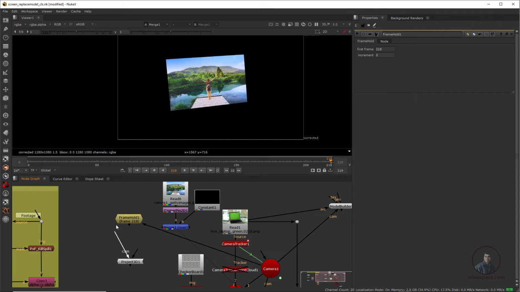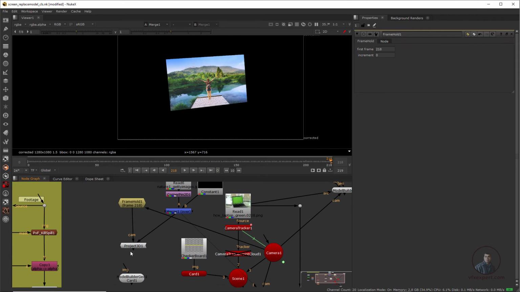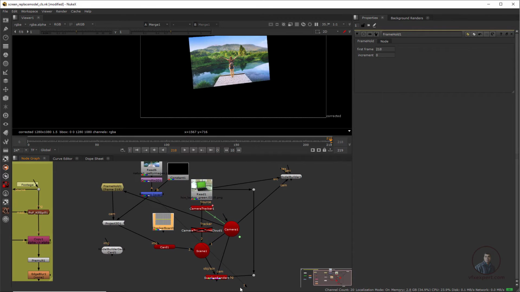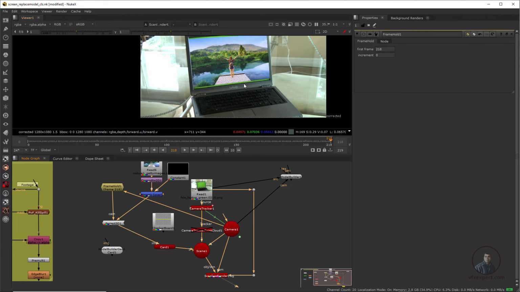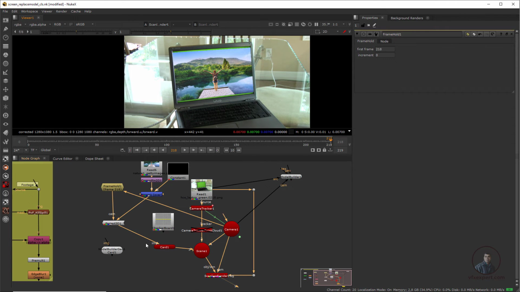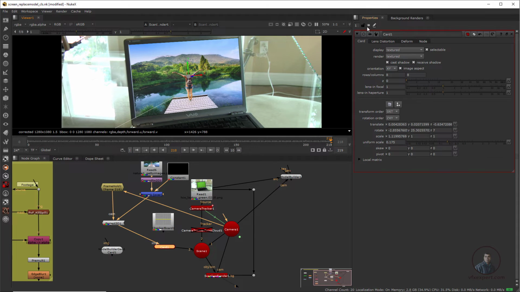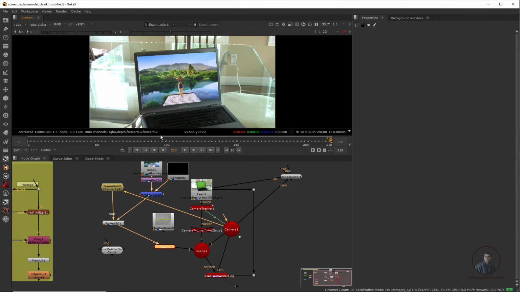Then after this, the camera we have to connect with this hold camera, and the image we have to connect to this comp here, and this projection output we have to connect with this card here. I'll just connect it here. Now guys, if you select your final scanline render node, here I have placed our screens. Now just double click on this card and adjust the card size a little bit, because here I am using projection. So now if you see here, I have successfully replaced our screens. Now play and check here guys.